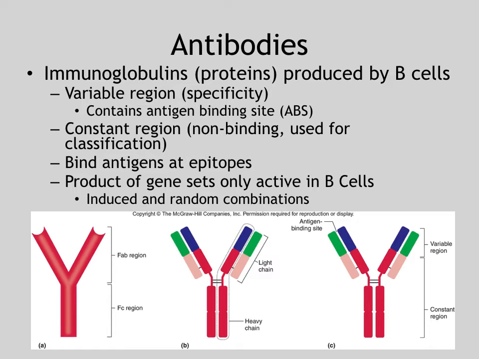They will bind, notice they're kind of shaped like a Y. The antibodies themselves have 2 binding sites to their antigen. So it's called the ABS, or antigen binding site. You can see the antibody all the way to the right. They've labeled the antigen binding site. Now this is known as the variable region, or VAR region. And it's also called the FAB region. And the variable region is made up by the green, blue, and pink